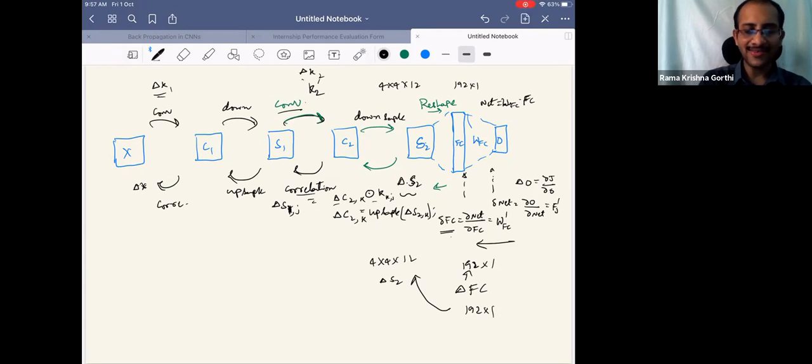I will establish why this is correlation for convolution and so on. Once we do that, how do you get delta K1? Any quick input? Delta K1 of some J, if you want to get. You got here delta C1 of J's, and so on. How do you get delta K1 of J? Any quick thought, quick answer? So what did we see in neural networks? Here, if I want delta W, how do I get delta WFC? How do I get here?